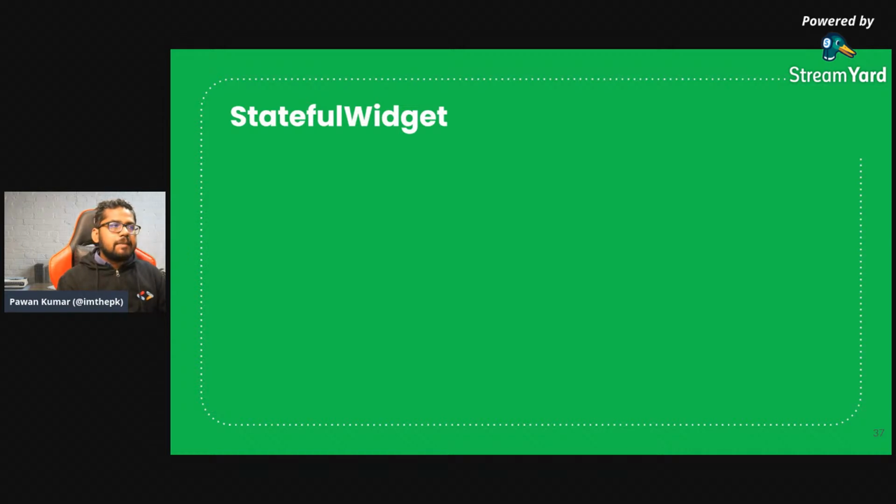Now there is a concept called stateful widget. So stateless widget is something where the state is not going to change. Let's say you have a name, okay? Let's say my name is Pawan. That is not going to change. So when I have to use Pawan, I can make it a stateless widget. But let's say you have a timer. So the timer will change each second, right? So in that case, that can be a stateful widget. Or let's say you are performing some action on the screen and that can change something, right? Let's say there is a button, you click on the button, the number will change. Then it will be a stateful widget.